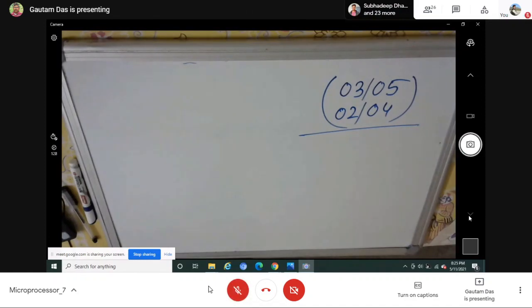Of course. In 8 bits, 1 is 0 1; in 16 bits, it is 0 0 0 1. The other bits are assumed to be 0, because in binary 1 means all other bits are 0 and only the LSB is 1. That is 0 1, or 0 0 0 1.